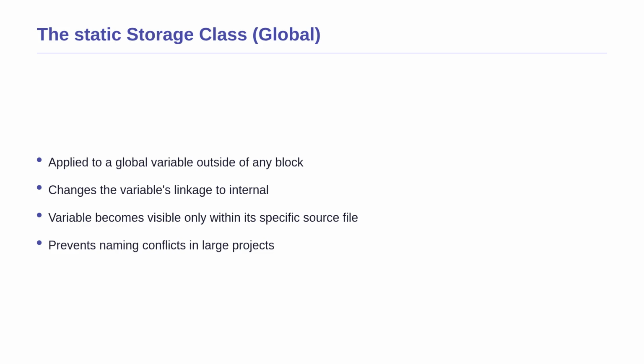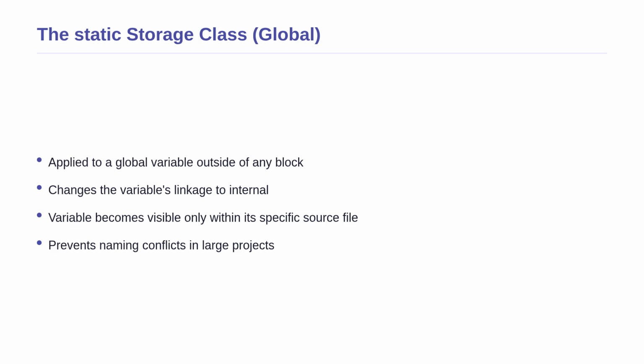We just saw how static works inside a function, but it has a second entirely distinct meaning when applied to a global variable. Normally, a global variable can be accessed by any file in your project. However, when you put the static keyword in front of a global variable, you change its linkage to internal. This means the variable is strictly locked down and visible only within the specific source code file where it is written. It acts like a private global variable for that one file, which is incredibly useful for preventing naming conflicts